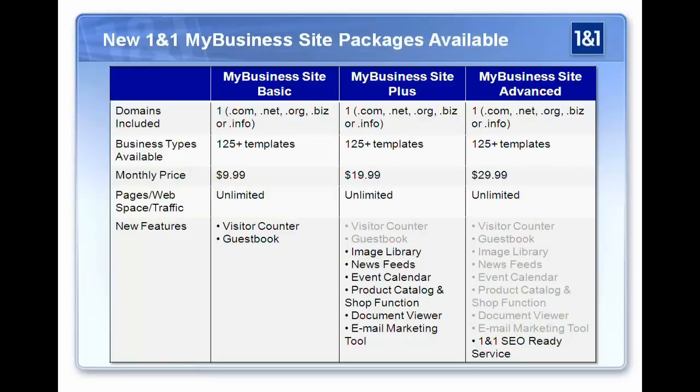The nice thing is we also have some expanded feature sets that you can add on, the Plus. For the Plus add-on that you're going to see on the website, it's going to add about $10 a month, so the full price will be $19.99. With that, you're going to get a couple of extra features, and that's going to include access to our image library of over 5,000 images. It's going to give you access to RSS and news feeds. You can put in a calendar. Let's say you're a dance studio and you want to show what your lesson schedule is. It's really cool, it walks you through the setup. And you also have access to our email marketing tool,